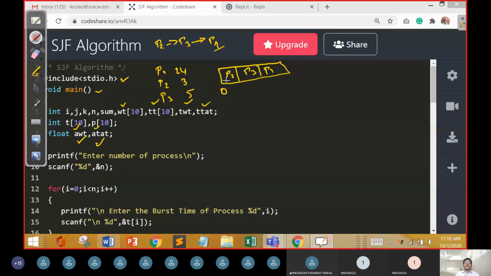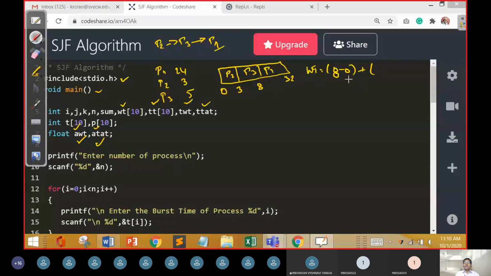All the processes are going to be non-preemptive. In this case, P2 goes first, and it goes up to 3 milliseconds. P3 goes up to 3 plus 5, that is 8 milliseconds, and P1 goes 8 plus 24, that is up to 32 milliseconds. Now we are going to compute the waiting time. Process P2 is 0 minus 0, process P3 is 3 minus 0, and process P1 is 8 minus 0.